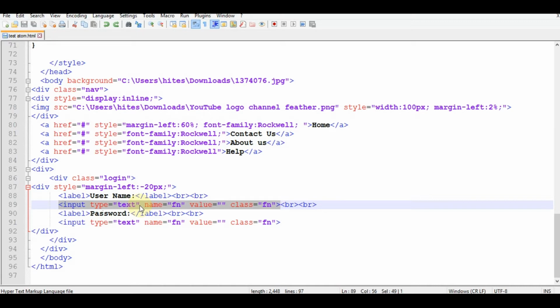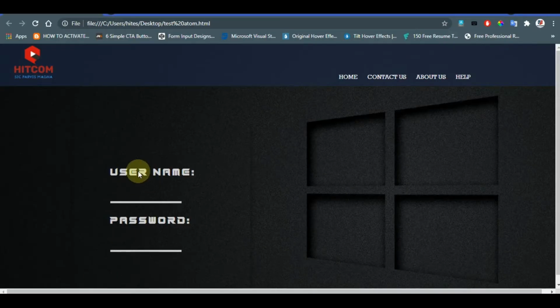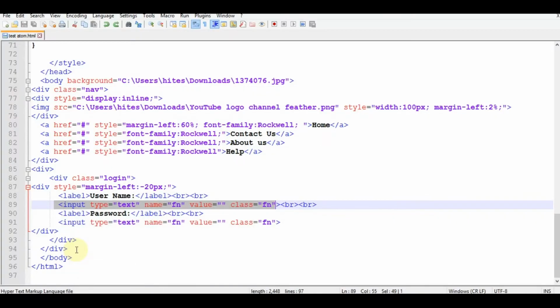Whenever you fill an admission form or any form online, you see this type of input things, like you have to enter data online, so you will put your name into a text box. So I have applied a text box here, input type text, and I have given it a class. I will tell you why I have given it. But first I have written the labels, then I have put a text box here and here. There are two text boxes, you can see first input and second input.